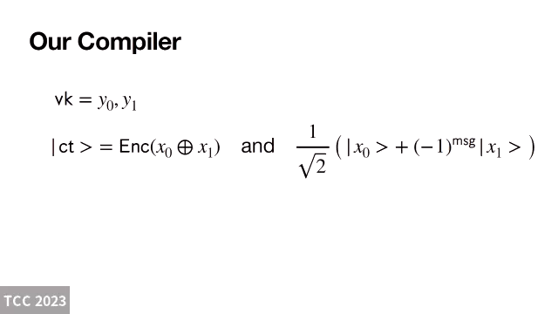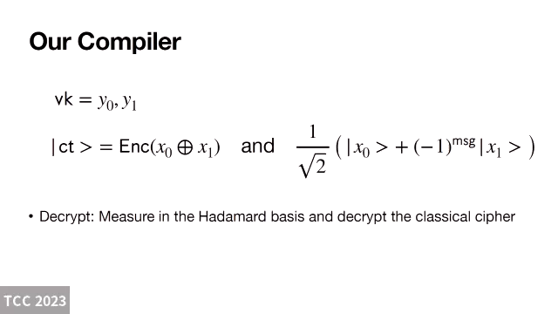So I have to tell you two things: how to decrypt and how to delete. If we have the secret key, decryption is very easy. You can just measure the state in the Hadamard basis, and with the result of the measurement along with the secret key of the encryption, you can actually recover the message. An exercise for you to figure out how to do it. Very simple.